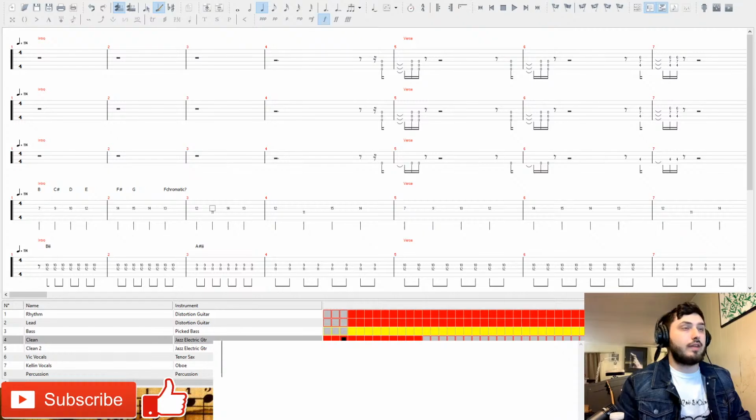And then we've got E, we already notated that. We've got an A sharp. We haven't notated that yet. F sharp we've got. There's the chromatic F again. There is the E. I think this repeats. We've got that. That's a G we've marked. Okay, cool. So that's the main melody. I think that just repeats. Let me double check.